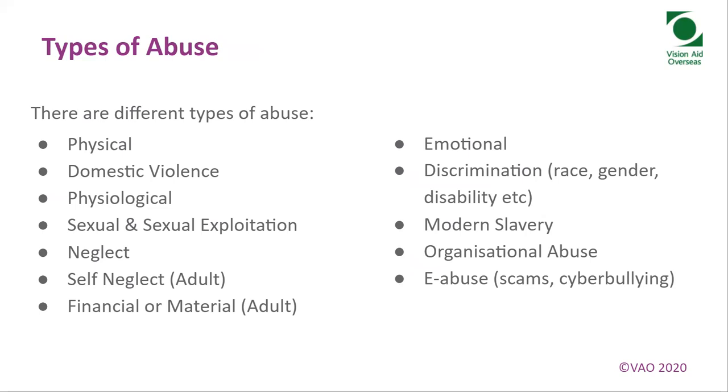Remember that the victim can appear defensive in giving an explanation of their injuries or may not be able to speak about them due to being scared or threatened. They may also cower or flinch when approached. It is important to stress that victims and perpetrators can be of any gender and any age.